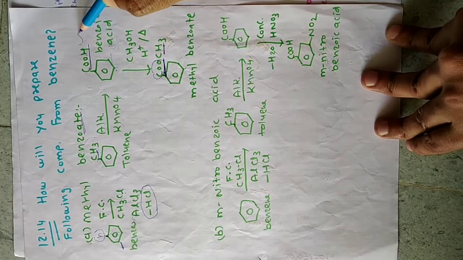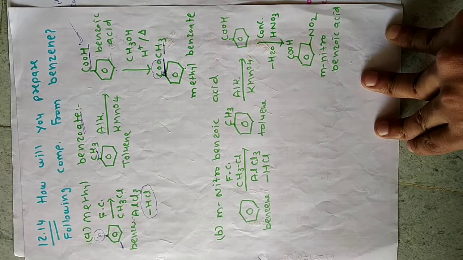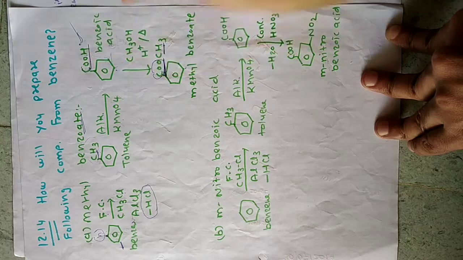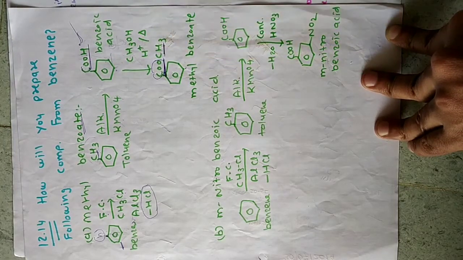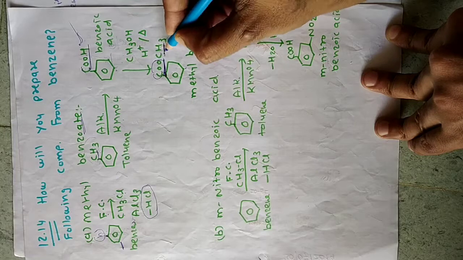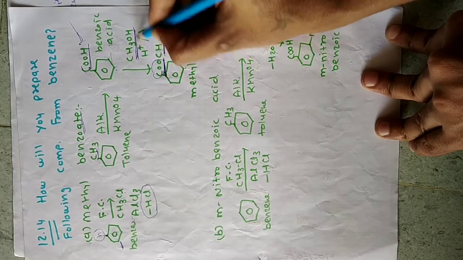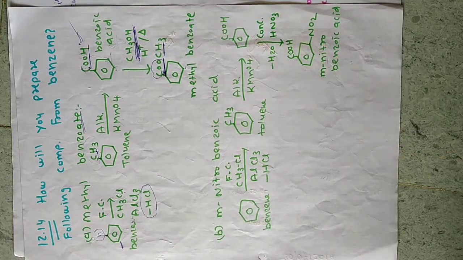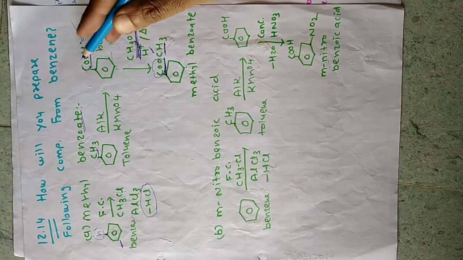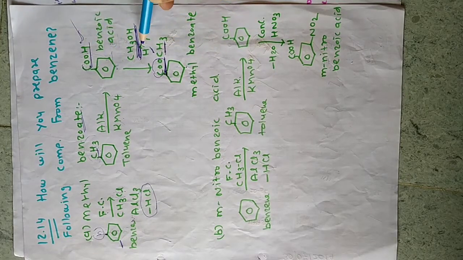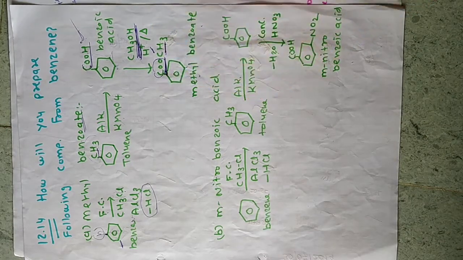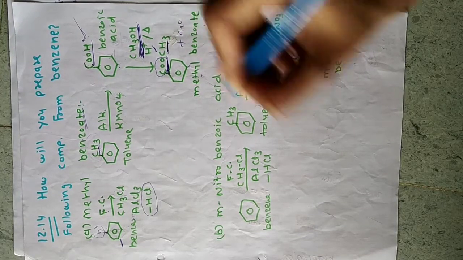Now our acid is here. What we need more is the alcohol. Our one carbon is already here. The number of carbons missing from the product is 1. So I am using CH3OH, methanol, as our second material. In the presence of acid, when we heat both the carboxylic acid and methanol, it will give us the ester methyl benzoate and water as a byproduct. Okay.